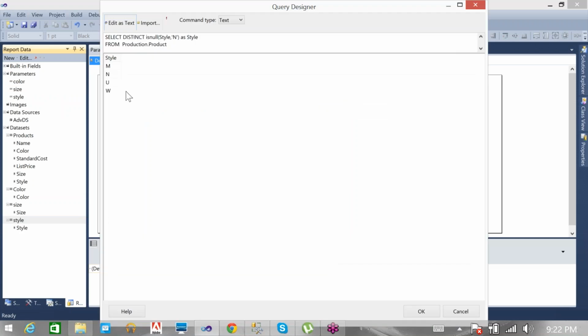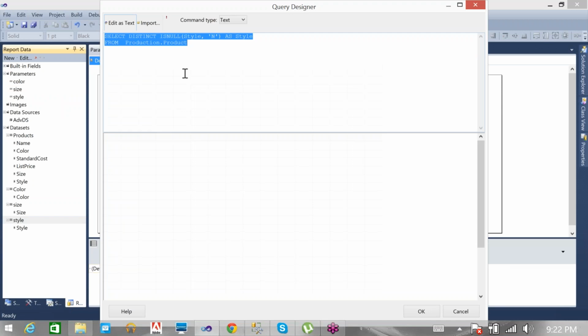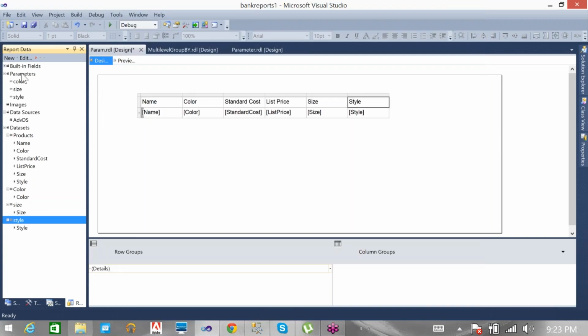Let me go to that query, and I need to pass the two parameters, and you need to follow the order, where color is equal to @color and size is equal to @size. Sorry, yeah, size, both. Done. Now let me select.